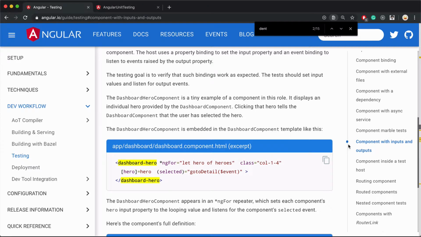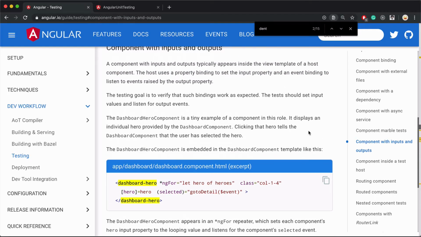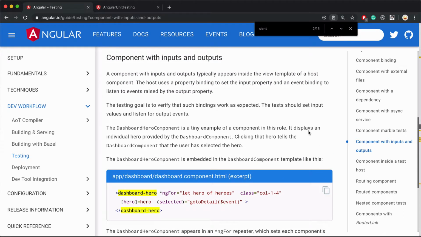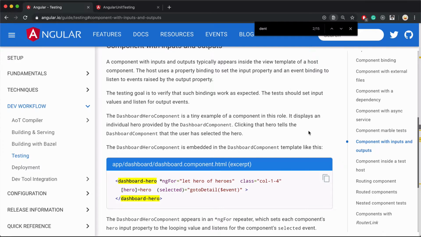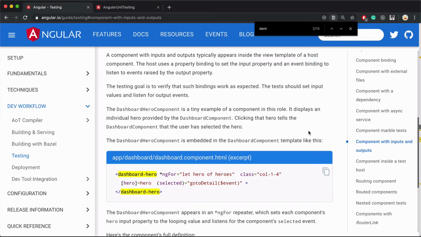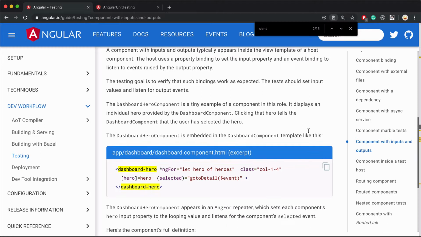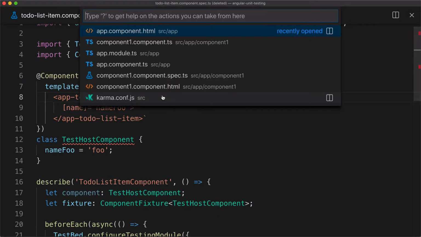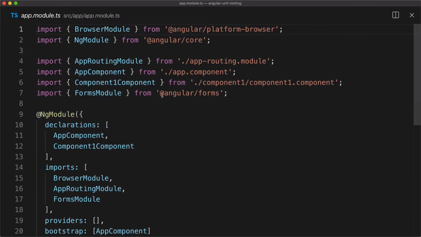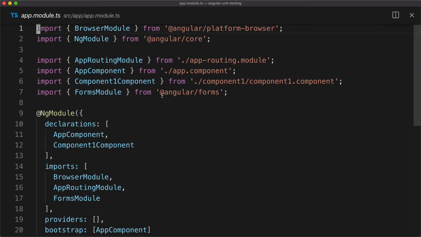Alright guys, in this video we are going to learn a little bit about testing components that have inputs and outputs. And what that means exactly is something we're going to simulate in our testing application. And once we know what that is, we'll go ahead and figure out how to test those things. So let's navigate to the code base and let me go to the app module here and